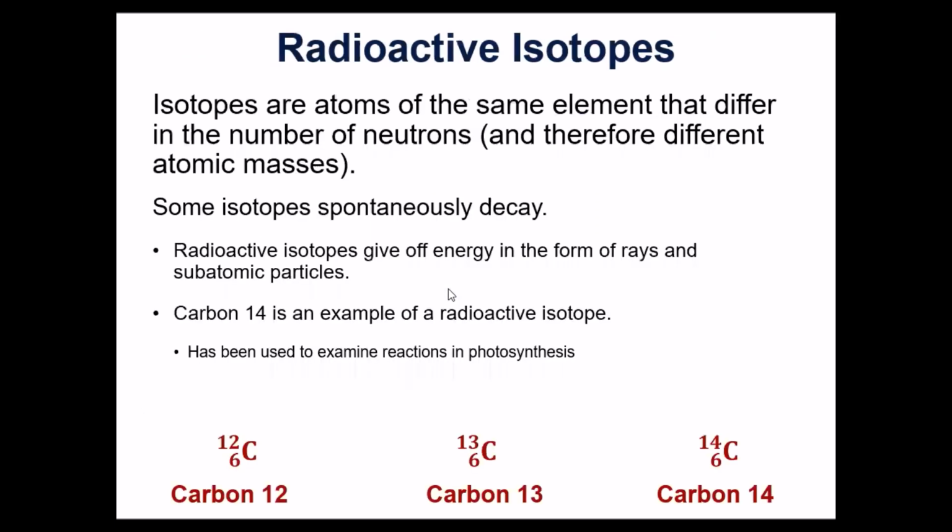I mentioned before that some elements are radioactive. And so they're given the term isotope. That's a good definition to know. You may see a question about this on the test. Atoms of the same element that have a different number of neutrons. And what that means is,